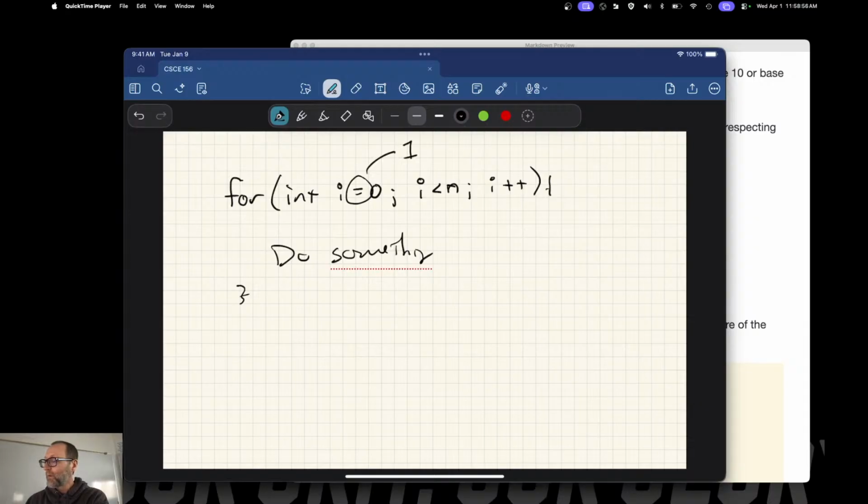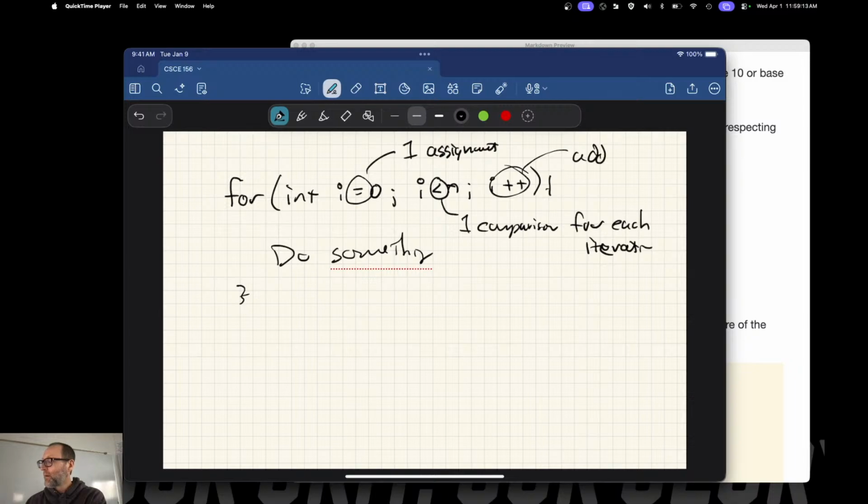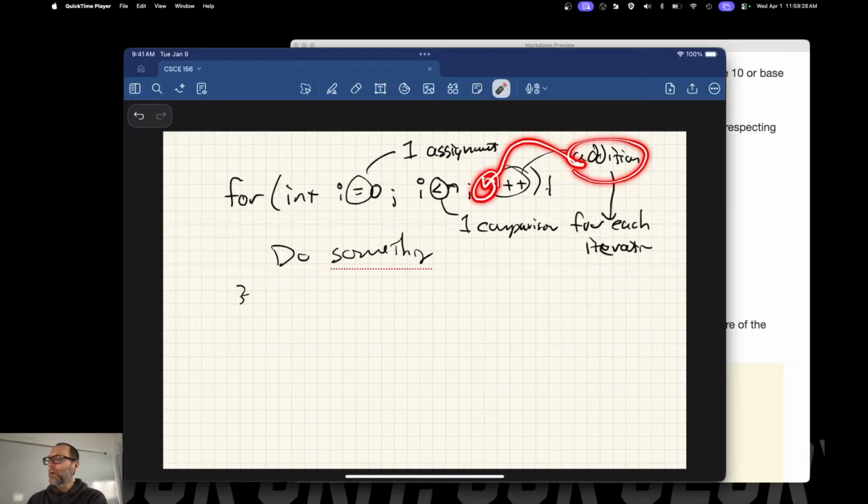There's one assignment that is done at the start of the loop. There's one comparison for each iteration, right? There's an addition, again, for each iteration, right? And also, an addition is actually more than one thing here. It's actually an addition, and then you're reassigning the value here. So you're actually doing a whole bunch of assignments, a whole bunch of additions, and a whole bunch of comparisons,